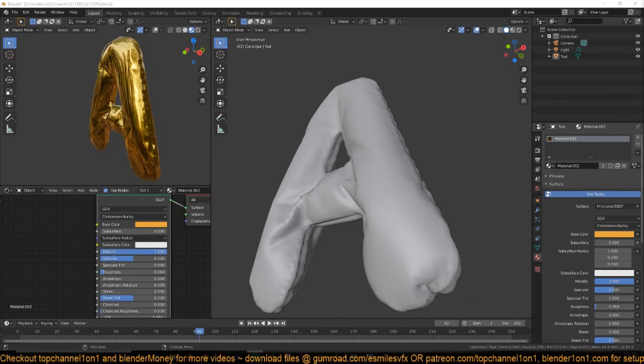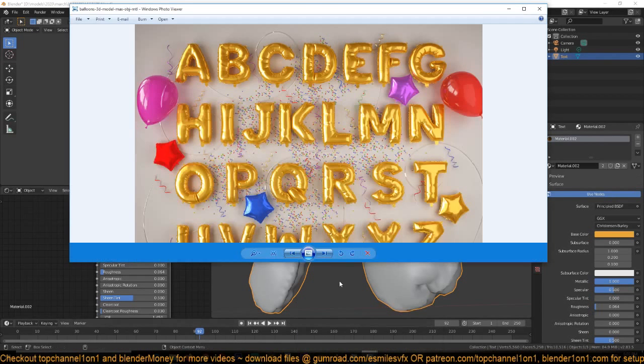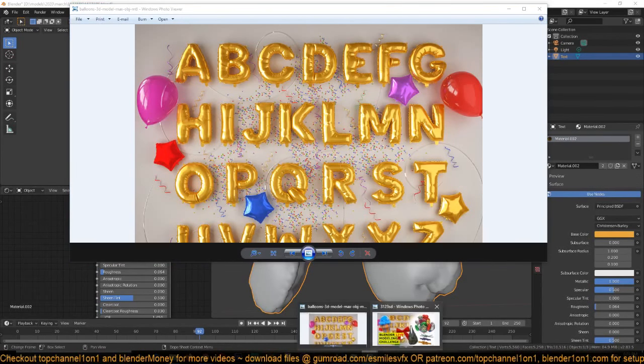Okay, so I think we can go on and do something else. Just making sure that everything is working here. Okay, so now the balloons are easy, so let's go on and